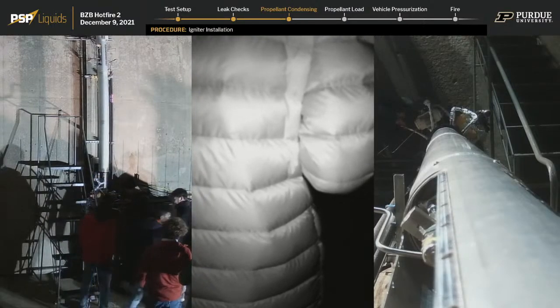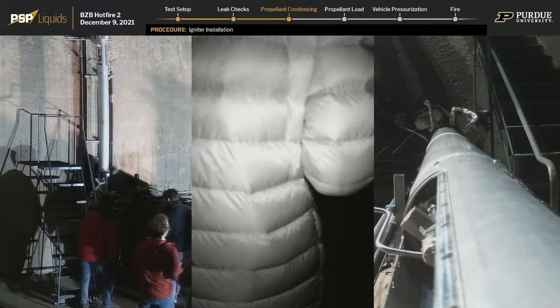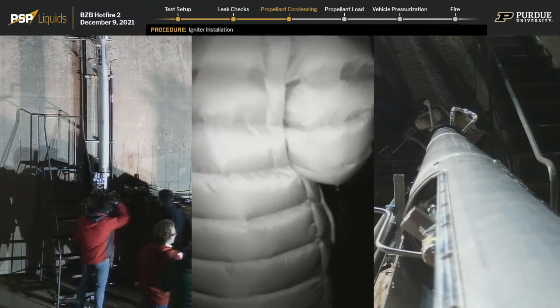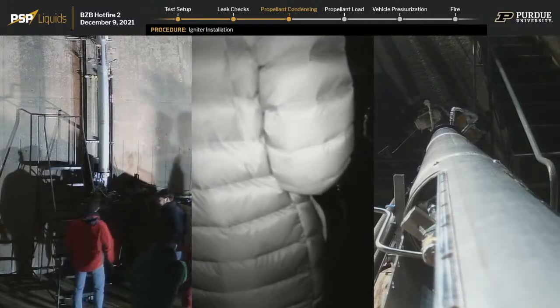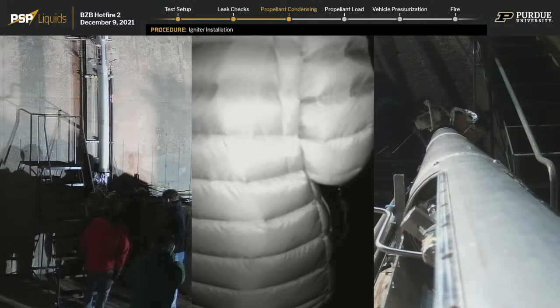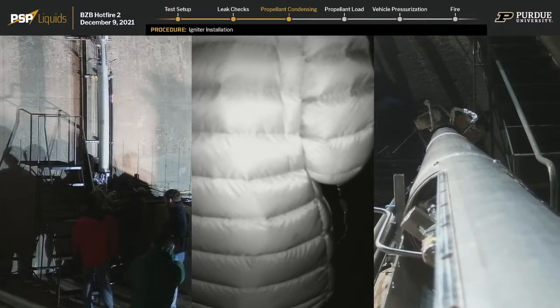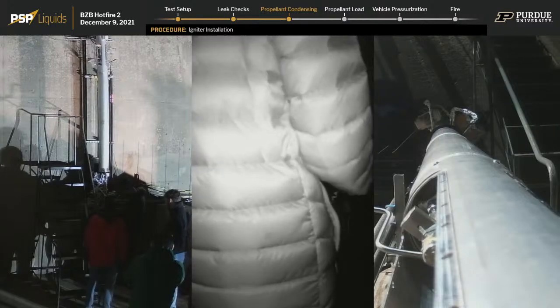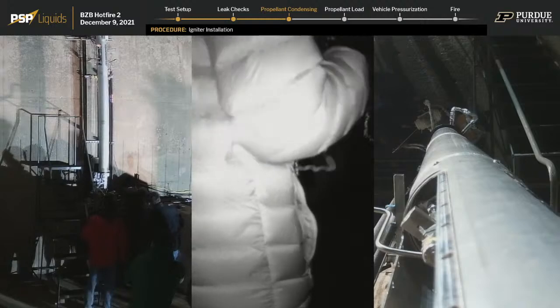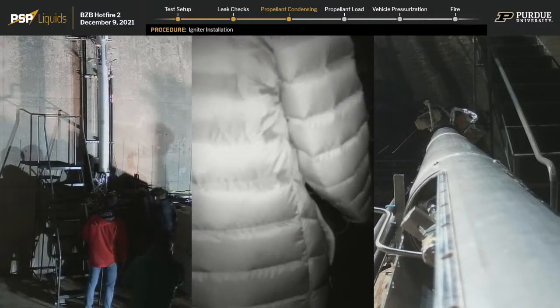I think we are getting very close to propellant condensing here. Do we want to talk about some of the challenges we had when we were first doing condensing? Yeah, so one of the issues we had doing our first cold flows was that we were not supposed to cold flow with the actual propellants we were using. When you are doing a test to validate your system and you don't want to actually turn on the engine,